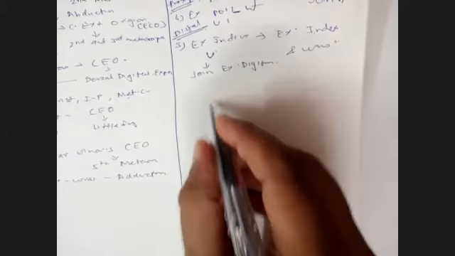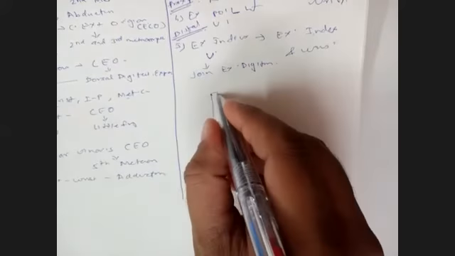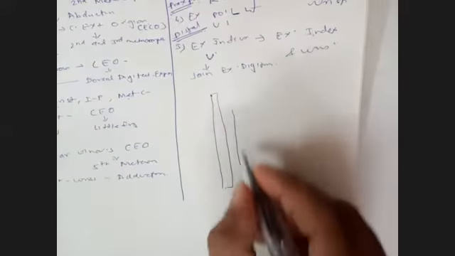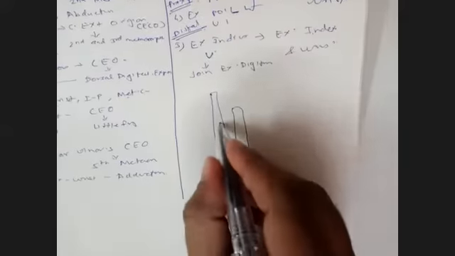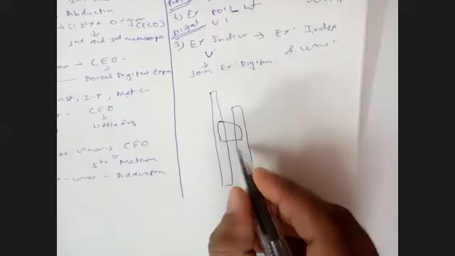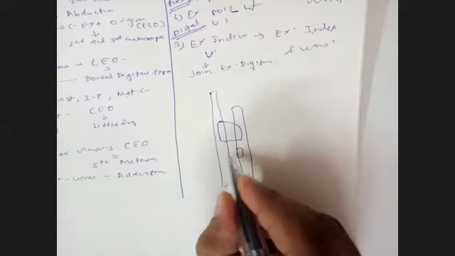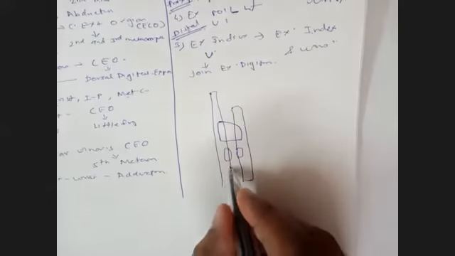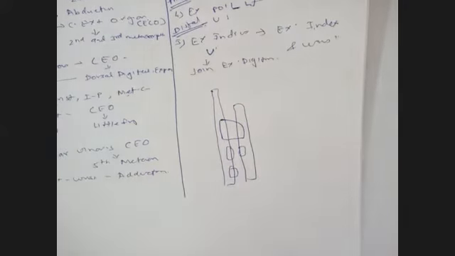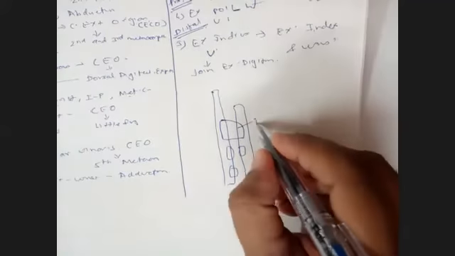Literally, if you see the backside of the ulna, suppose this is ulna and the backside of radius, the abductor pollicis longus origin is like this. The extensor pollicis brevis is here, extensor pollicis longus is here, and extensor indicis is here. This is how these muscles take origin from the posterior surface of the radius and ulna. So this is abductor pollicis longus.